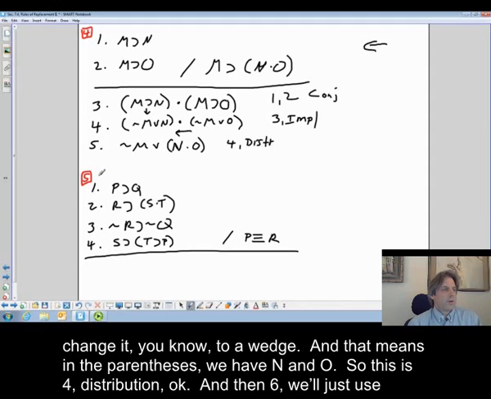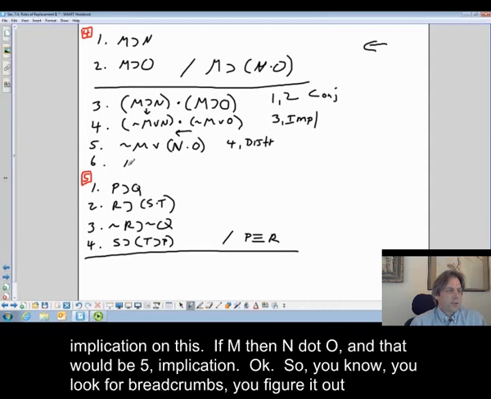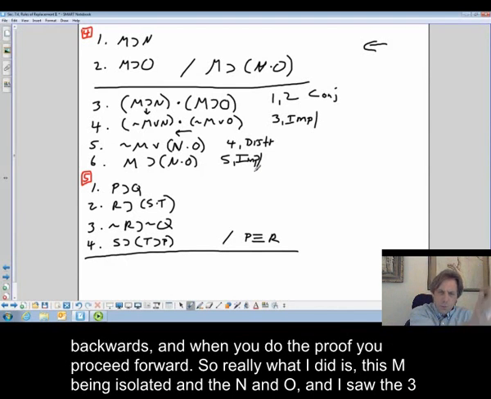distribution, okay, and then 6, we'll just use implication on this. If m, then n dot o, and that would be 5 implication. Okay, so you look for breadcrumbs, you figure it out backwards, and when you do the proof, you proceed